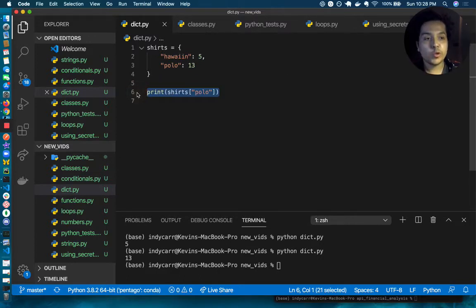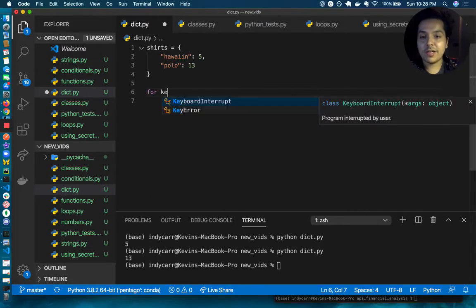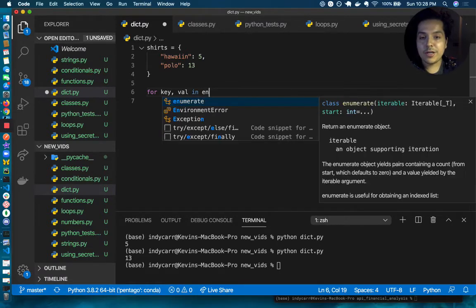And the really cool thing about Python dictionaries, in comparison to lists or arrays, is that there are built-in methods to play around and iterate through the data. I mentioned this in a prior video, but a couple of the built-in methods you could use are dot items, dot keys, and dot values. So let's say we wanted to iterate over the keys and values in this specific dictionary. I could do that by using